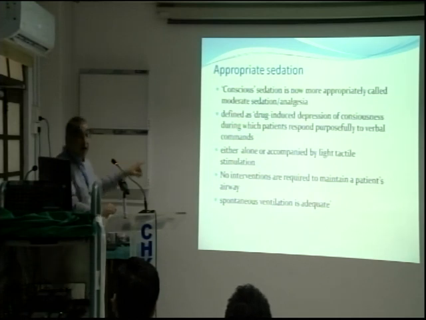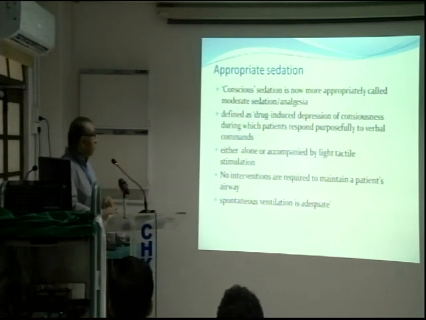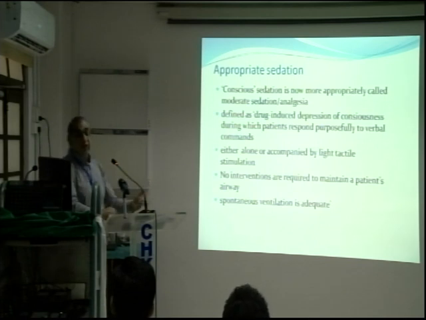The reason for that is to make sure that they don't go off completely, so that you don't lose them. So that is very important. Even though we always monitor their oxygen saturation, blood pressure, ECG, everything,